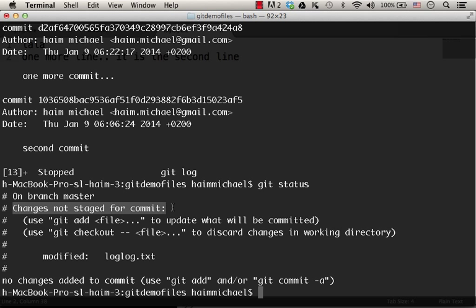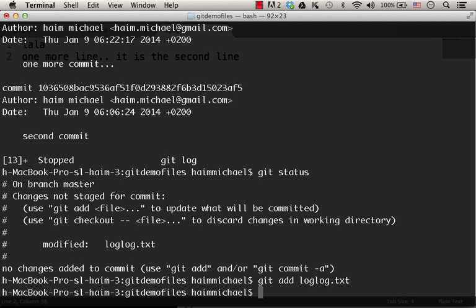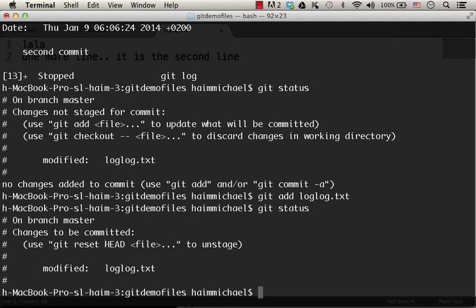I need to move it to the stage. I do it with the git add log.txt. Now log.txt is on stage, from where I can commit it to the Git repository. As you can see, git status shows changes to be committed. Now if I want to commit those changes,